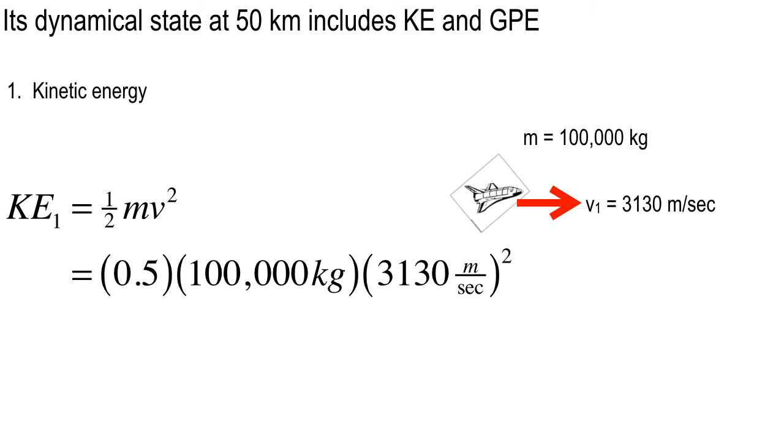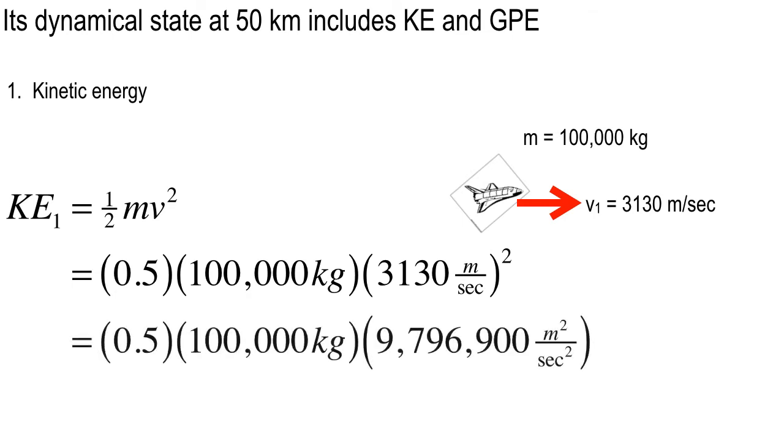These are some big numbers, but it's just the same thing as we've done several times. It's just a big number. All right, so it's 0.5 times 100,000 kilograms. And then 3130, if you square that out, it's 9,796,900. Can anybody verify me on that? See if you can. Okay. Anybody over here on the right? How about you guys up in front? Are you calculating? You've got a worried look on your face there in the middle. 3130 squared.